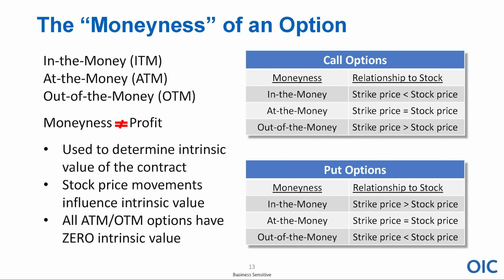The 75 put would be the bottom one, the out of the money. So with the stock at 79, if I'd like to buy the 75 strike price put, it's the right to sell the stock at 75. Hey, that's out of the money by 4 points. That option is intrinsically worthless right now. It might not be worthless later on, right? But it's an out of the money option.